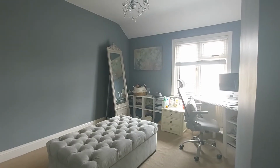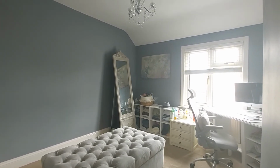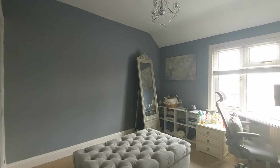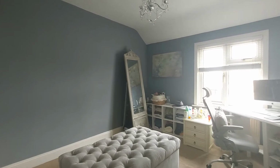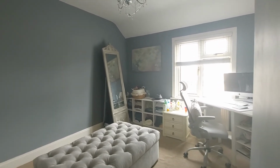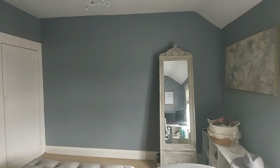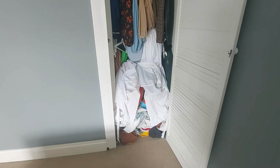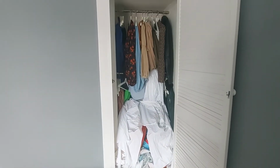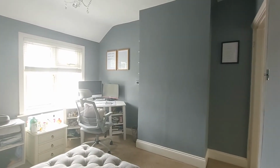Now coming across the hallway and into the second bedroom. This room is of a very similar size to the master bedroom, so that they're equally proportioned. And this one is decorated in a more modern colour with the grey walls. Again, we do have integrated storage in the corner. And the room is currently being used as a dressing room and home office. Just to show you the storage cupboard, so this is located above the stairs. And a slightly different angle of the bedroom itself,